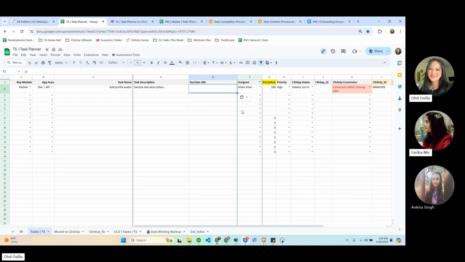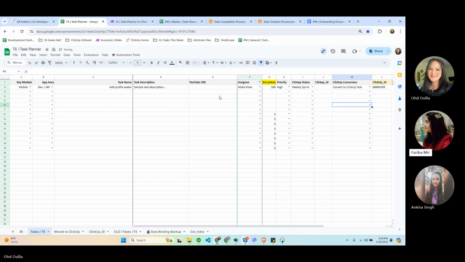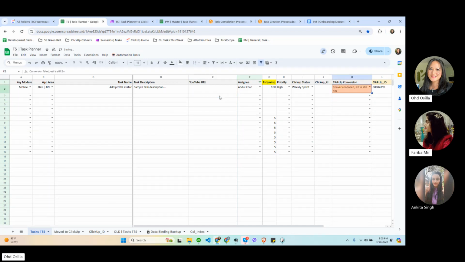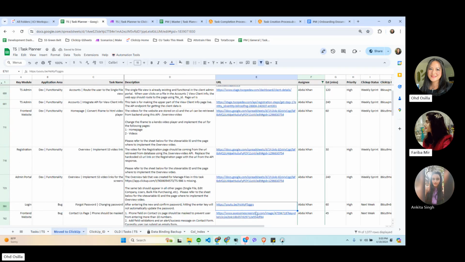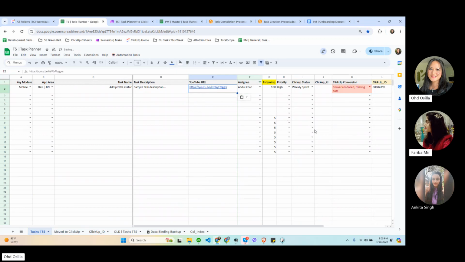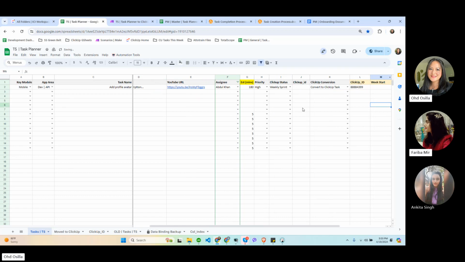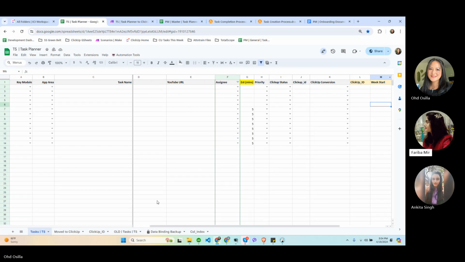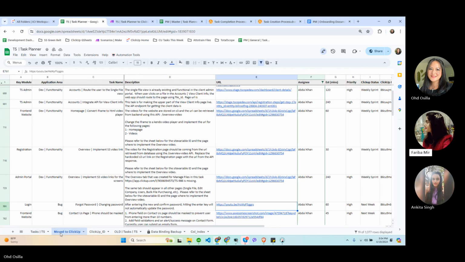It has to have, where's my YouTube link? Let me just find the sample YouTube link and put it here. So if I click convert, the automation will move this row to the next tab here.